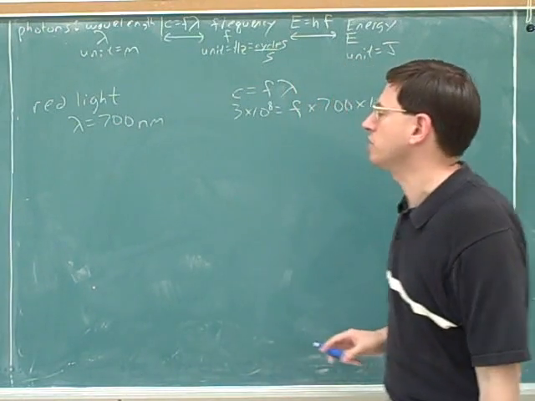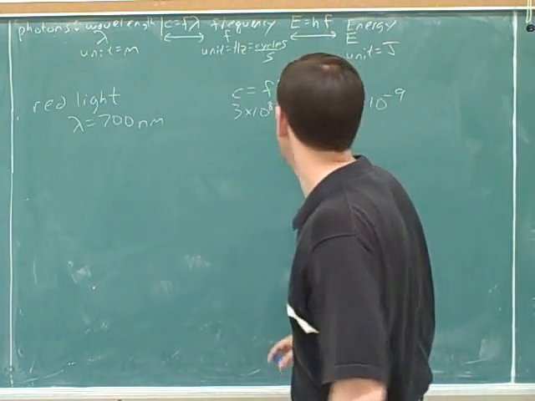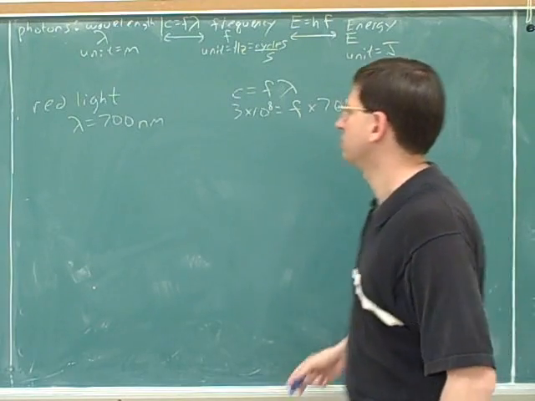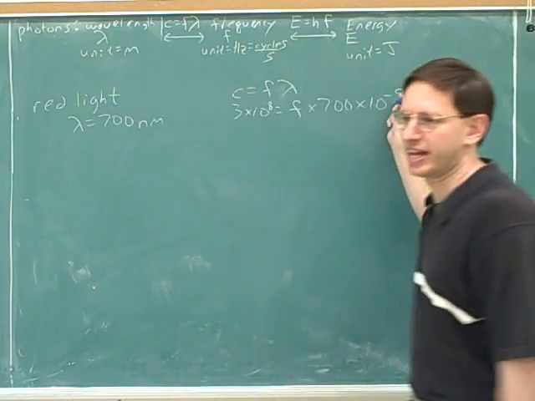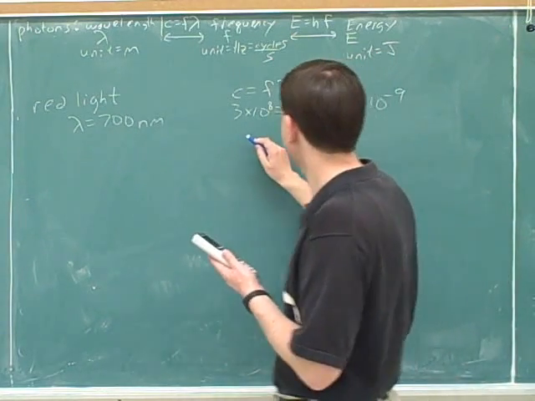Okay, that came out right. So you saw that you have to convert this into standard units of meters. Well, nano means 10 to the negative 9. So what we're basically doing here is erasing the nano and replacing it with 10 to the negative 9. Okay. And then you do the division, and you ended up with,